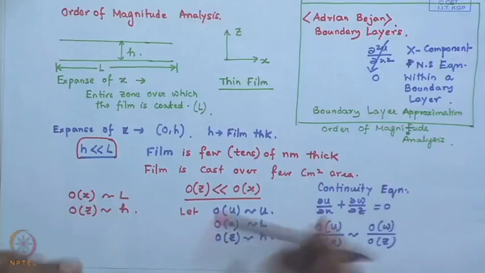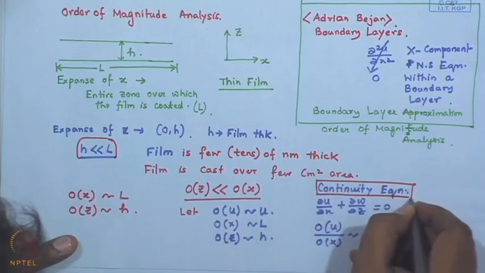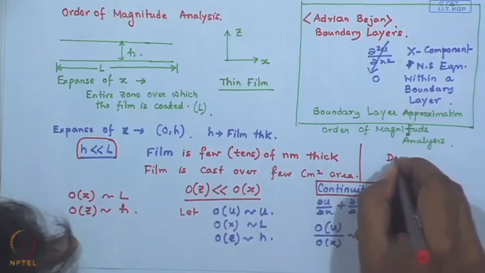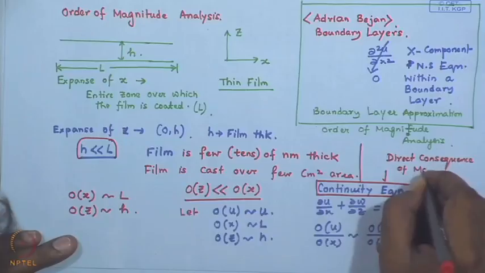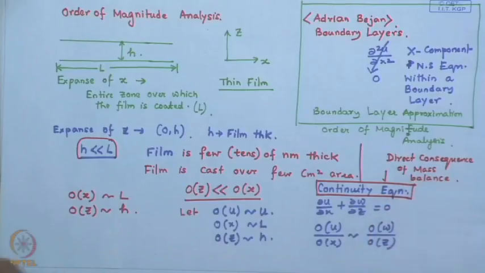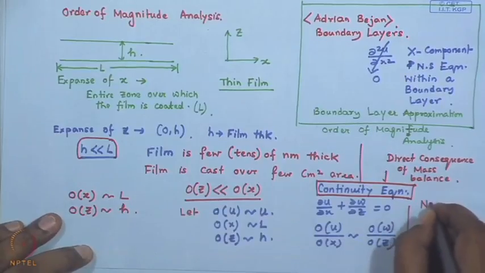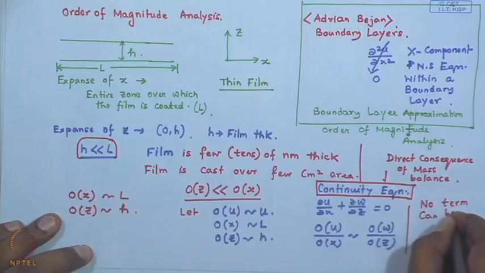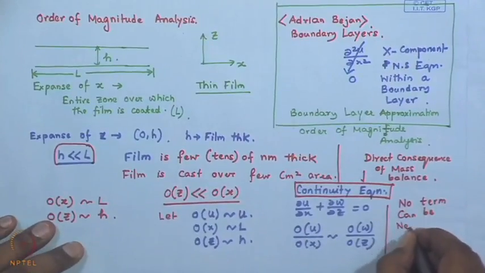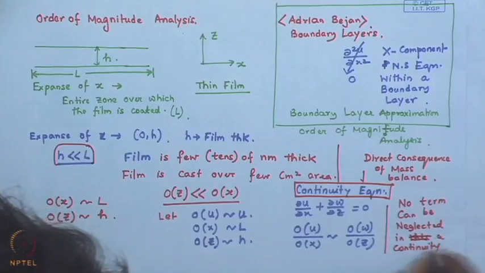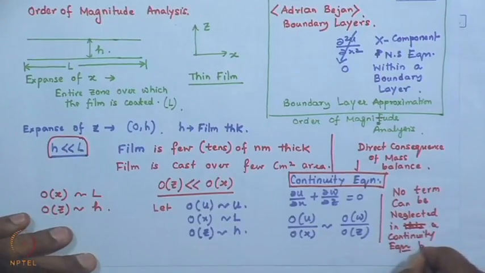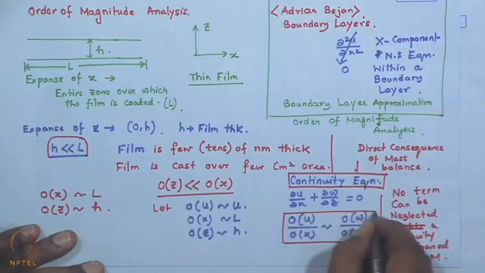Do not forget one thing, this is a simple rule of thumb, that in a continuity equation, which is a direct consequence of mass balance, no term can be neglected in a continuity equation based on order of magnitude analysis. But what it gives is this,